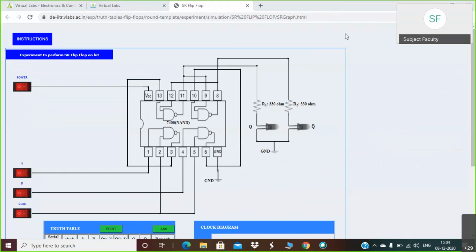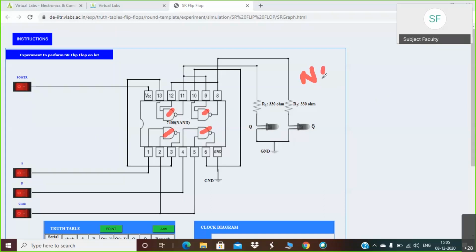Now, don't worry about whatever circuit is mentioned here. If you observe carefully, these are nothing but 4 NAND gates. And if you observe the circuit diagram of the SR flip-flop, then again there will be 4 NAND gates. So you have to verify this truth table with the table of NAND gate.